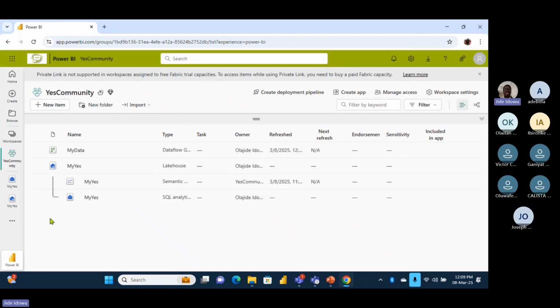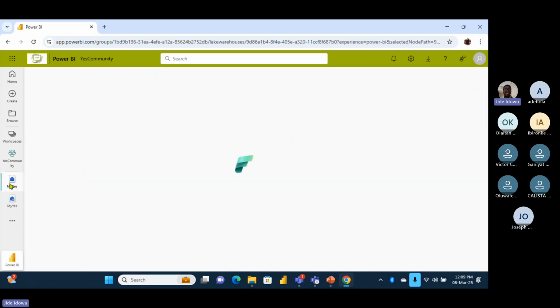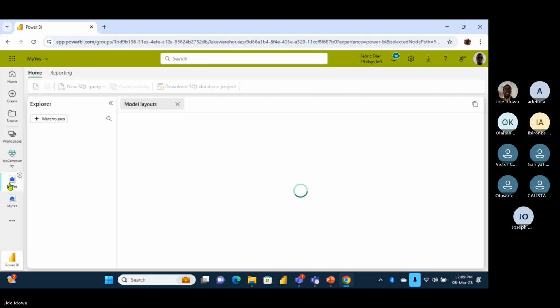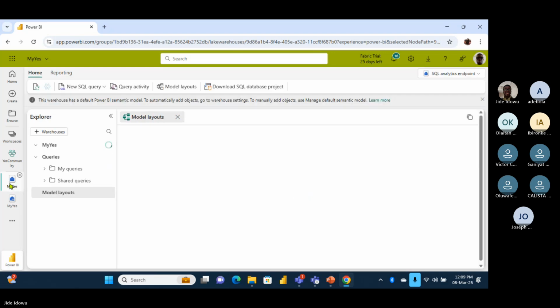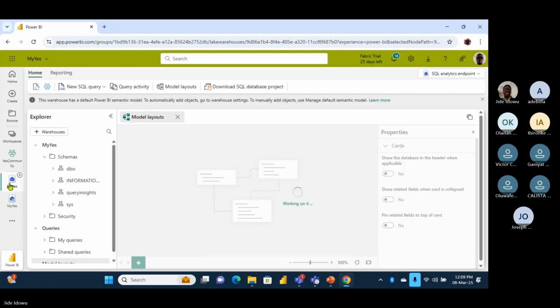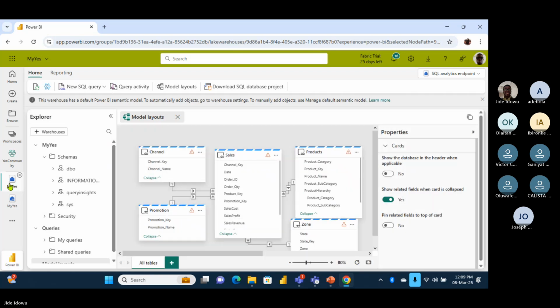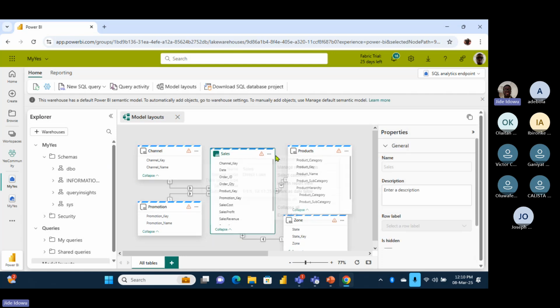All right. So if I go to my SQL endpoints, can we see them? They were not here before. Sales revenue, sales cost, sales profit. So now that this is done, what do I want to do next? I want to add this to